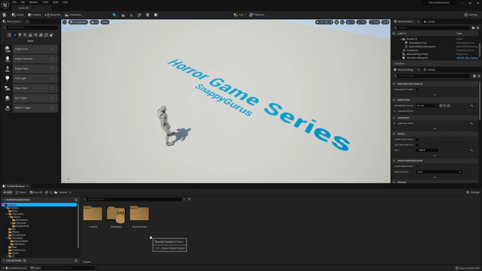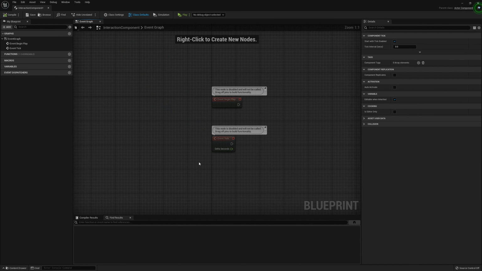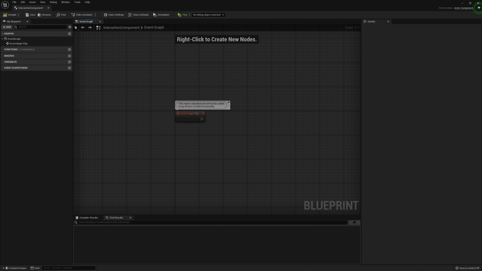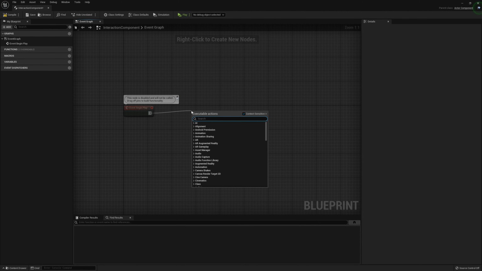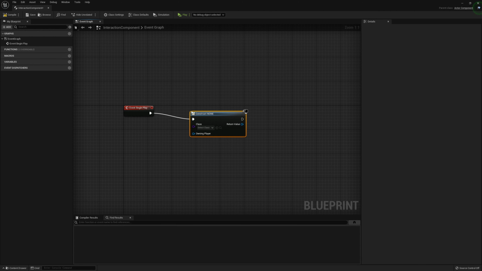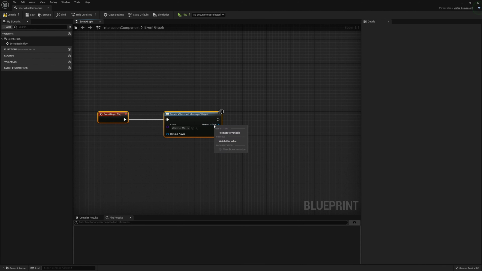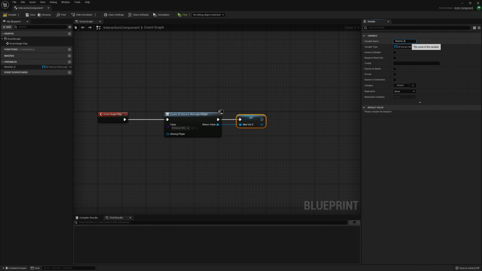Right, now that we've finished with the interactable master, we can head over to the component which we created earlier. So we can go to the characters, player, component, interaction component, and we can delete the tick event. From there, we're going to go off of begin play and create a new widget. This widget will be the message which we made earlier, and we can right click that and promote it to a variable and call it winteract